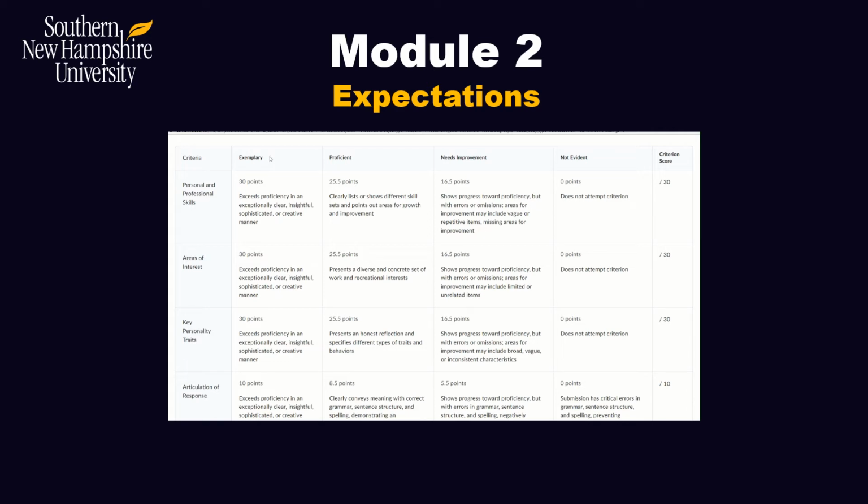When you're looking here, there are 4 different grades that you can get for each of the criteria. So under personal and professional skills, you can get exemplary, and that means that if you have exceeded proficiency in an exceptionally clear, insightful, sophisticated, or creative manner, then you will get a full 30 points. If you've been proficient, which means that when it comes to personal and professional skills, you clearly listed or showed different skill sets and point out areas of growth and improvement, so you'll get 25.5. Again, the biggest difference is how clearly and sophisticated or creative you've been